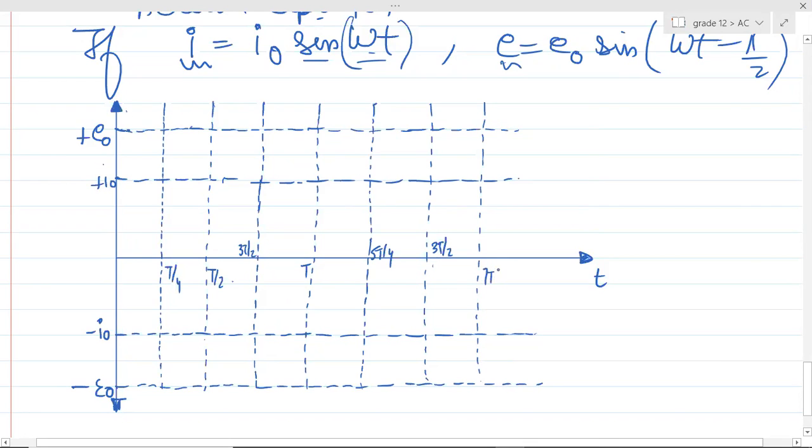So basically I'm trying to draw two different cycles, so that it will be much more clear to you. Okay, now after this,